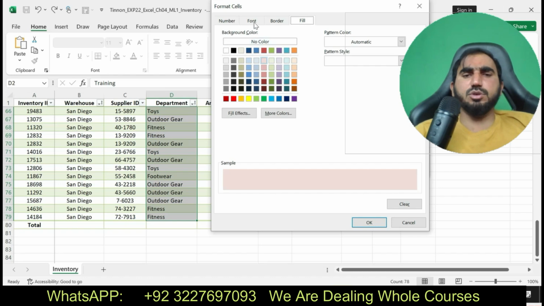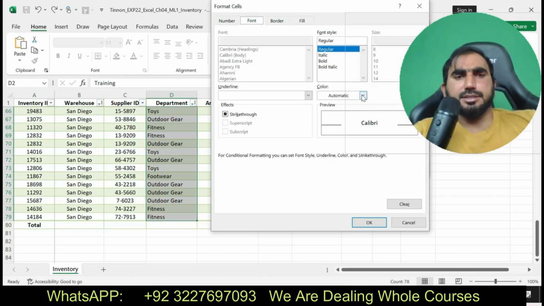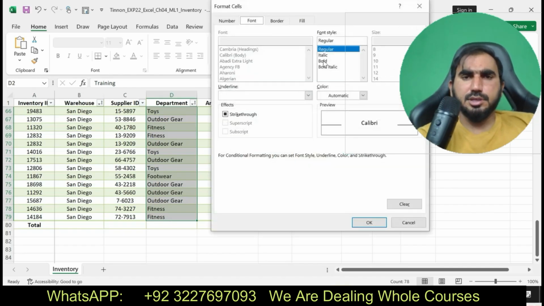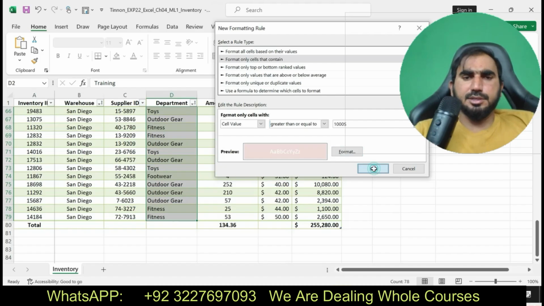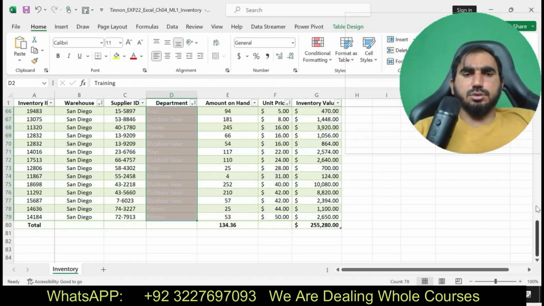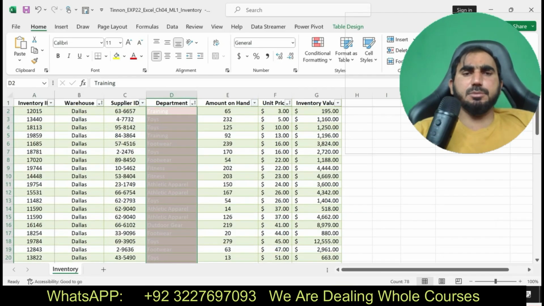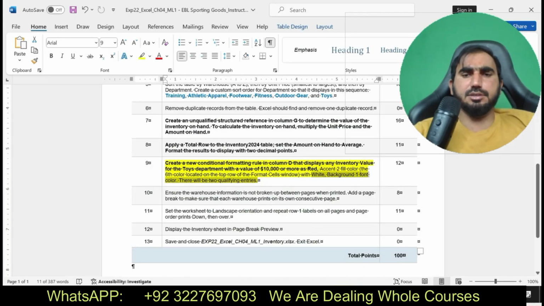Now you can see here I'm going to apply the conditional formatting. And bold color to the white background one. And okay, I have done this one. I have applied the conditional formatting to column D.